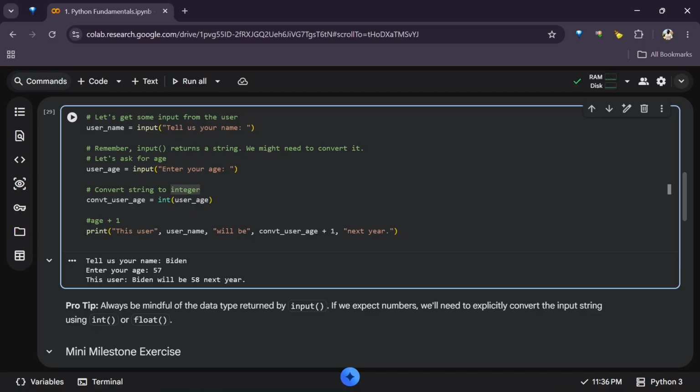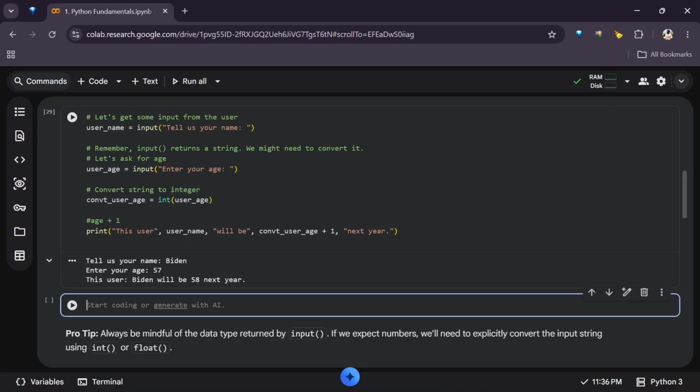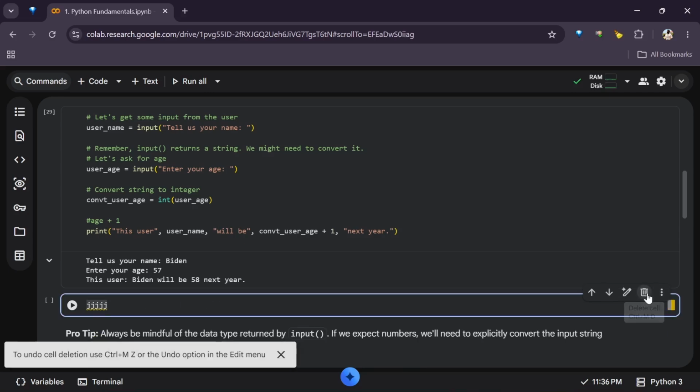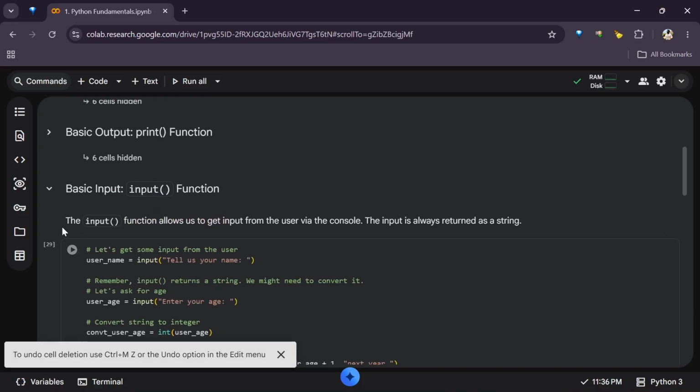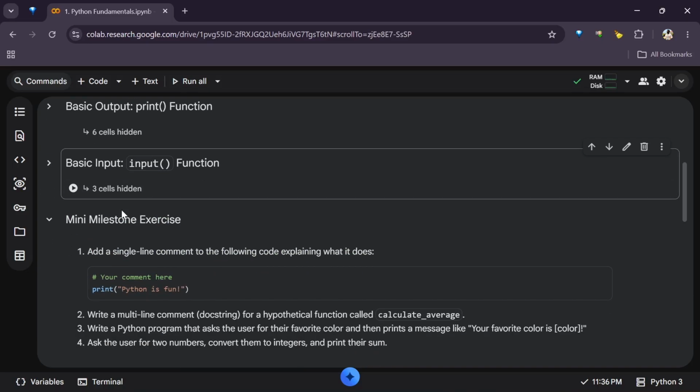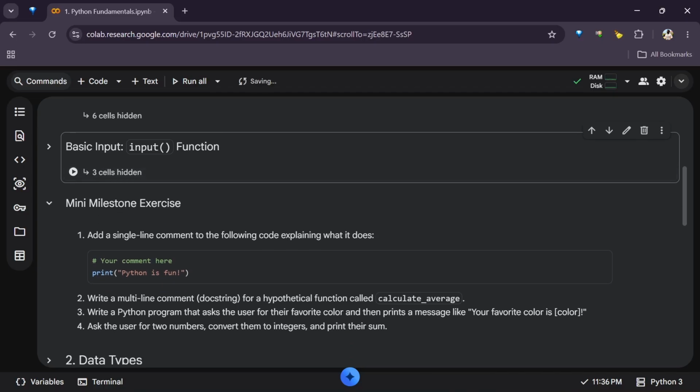How do you jump into the command mode quickly? Just hit escape on your keyboard, and you see that the cursor stops blinking. And if I hit B on my keyboard, it adds a new code cell for me. You can see the cursor is blinking again. If I want to come out of it, I'll hit escape again. If I want to add to the top, I will hit A on my keyboard. Okay, so let me delete these two. To add a code cell above, you hit A, that's above, and you want one below, you hit B, which is below.